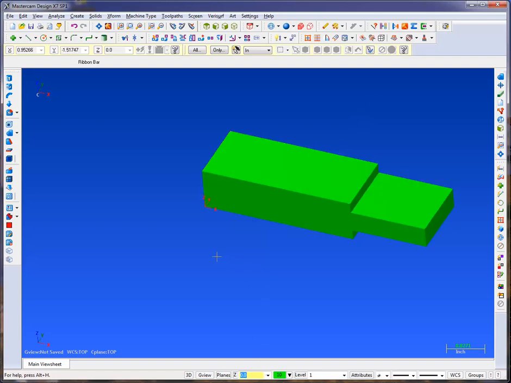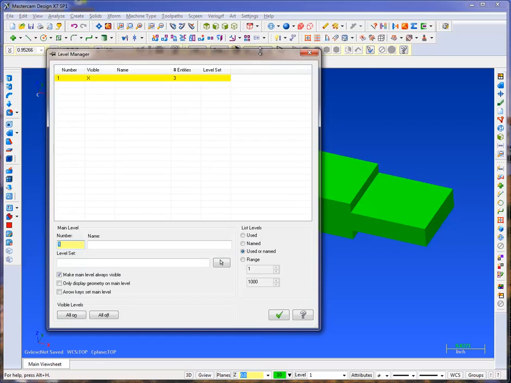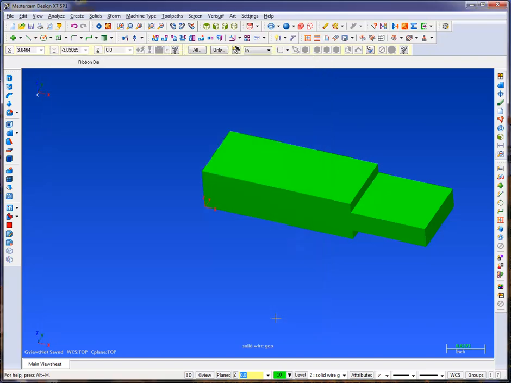I'm going to use the Alt-Z keyboard control to bring up my levels. My first one is going to be my solid, and I'm going to set up 2 for my solid wire geometry, being that I need a certain amount of wireframe to actually cut these certain holes and dimensions and that arc that's already in there. So I'm going to go ahead and say apply in this case,